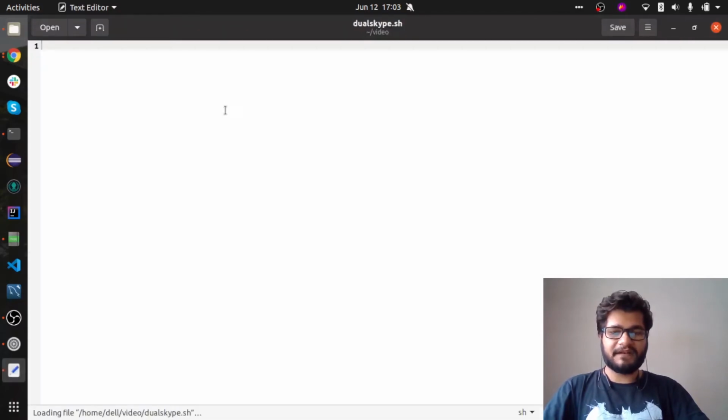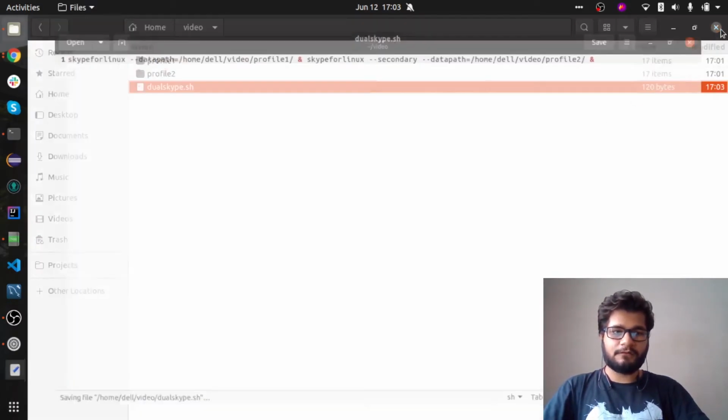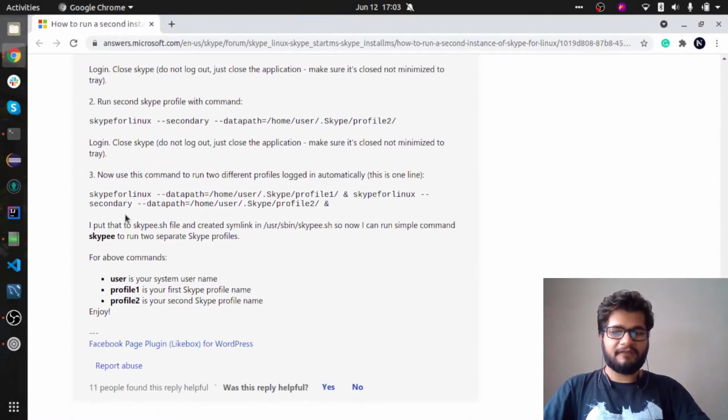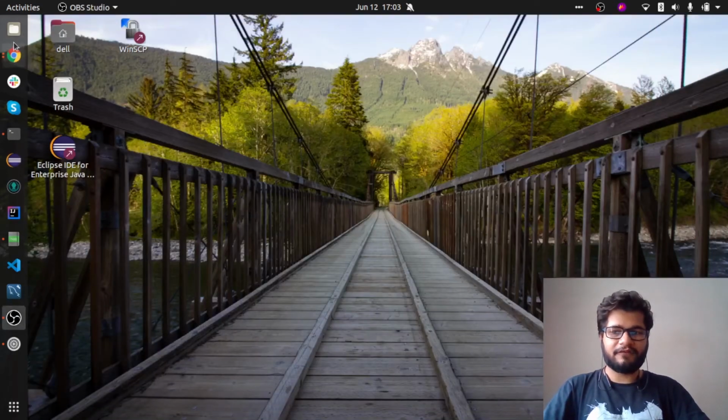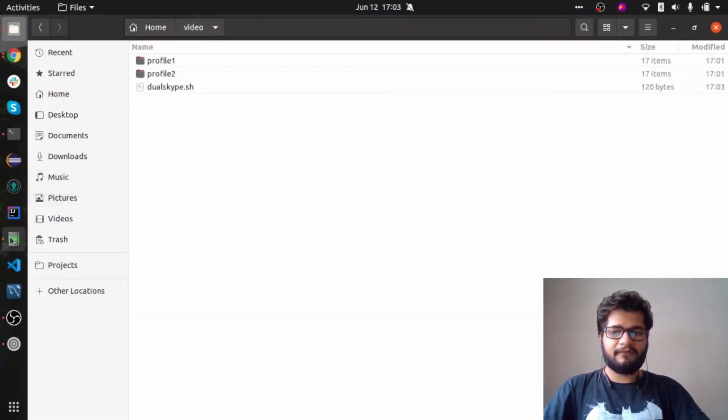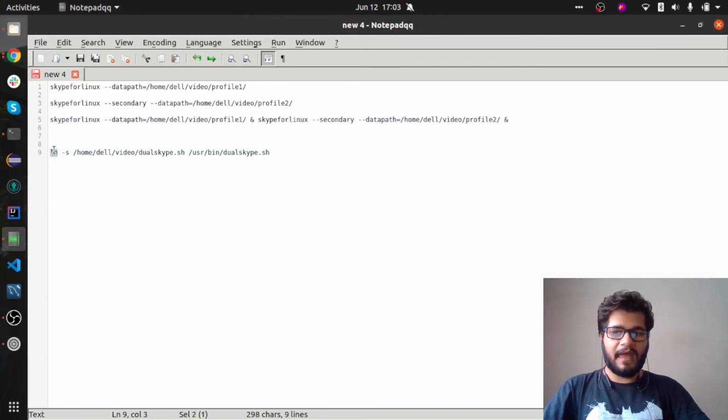I'll open up the text editor, save the command that we use to open both the Skypes, and save this file. Now, according to the document, we'll have to have this script stored in user sbin under the file name. We'll have to create a symbolic link to this file, and I already have a command ready.